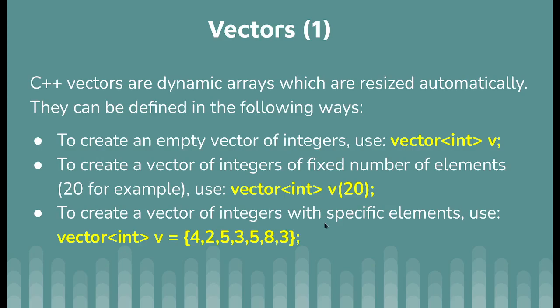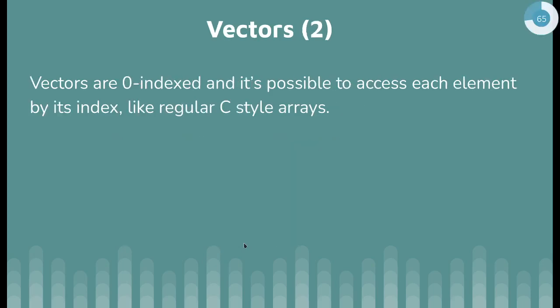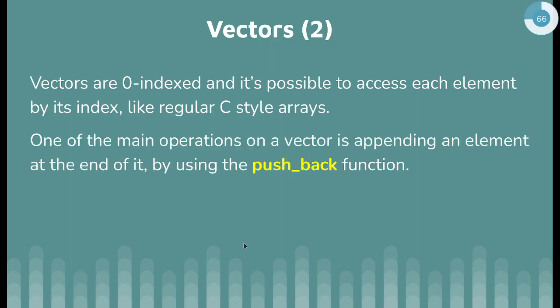For a string, you use the quotes to write it and assign it. For a vector, you can just write all the elements you want to assign inside these curly brackets. So if you define it this way, you have a vector of size 7 of these various elements. Vectors are zero-indexed like C arrays.